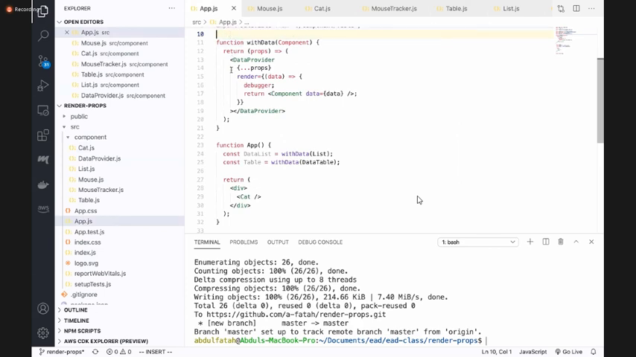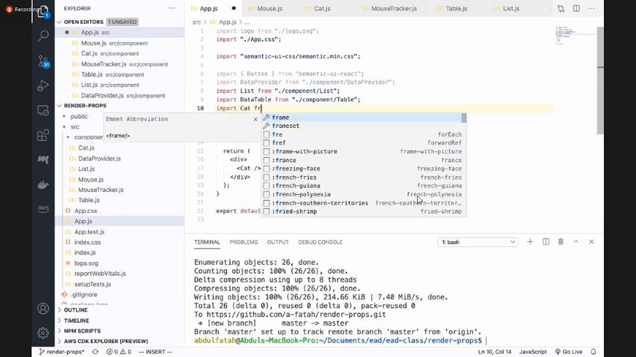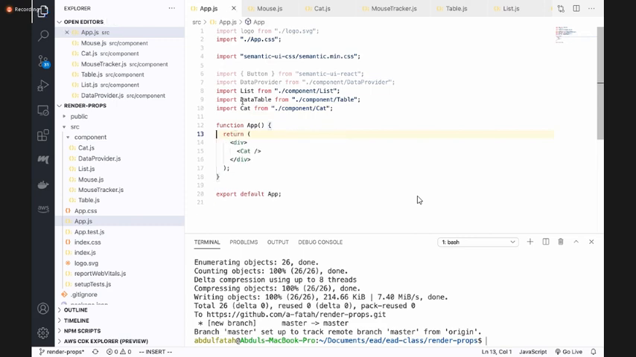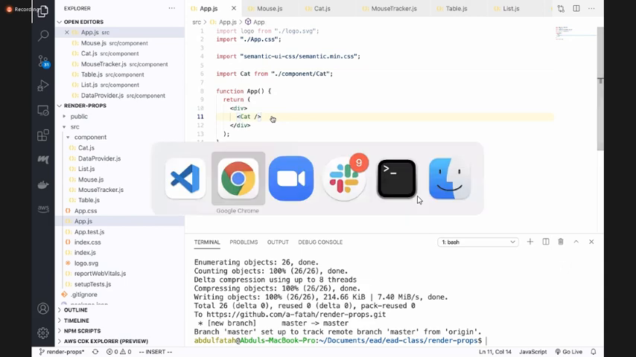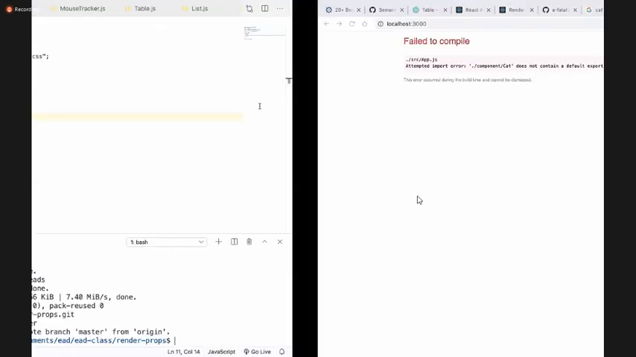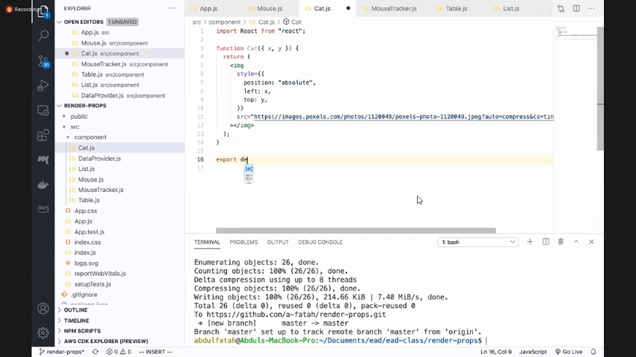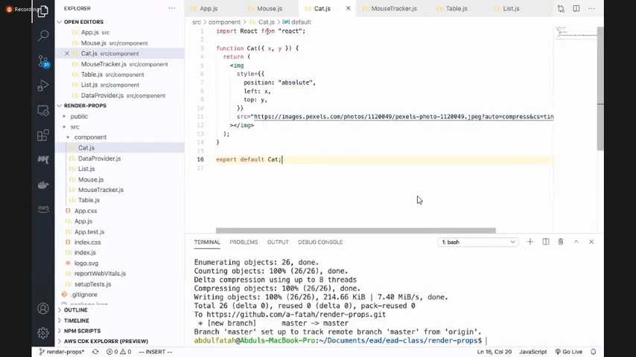ये वाला कोड मैंने पुश कर दिया है, तो मैं इसको भी हटा रहा हूँ। कैट को एक्सपोर्ट नहीं किया हमने, एक्सपोर्ट। ठीक है, कैट रेंडर हो रही है सही से।